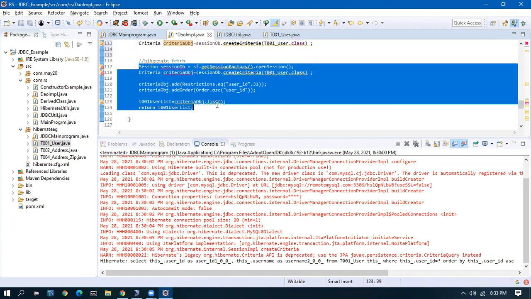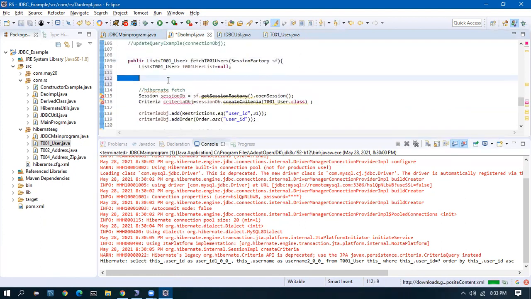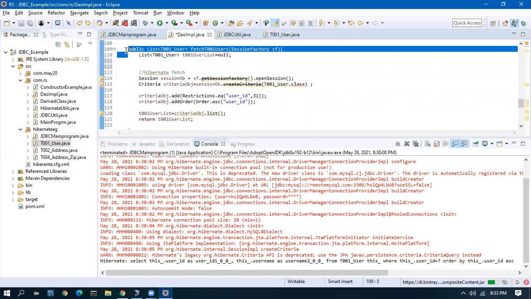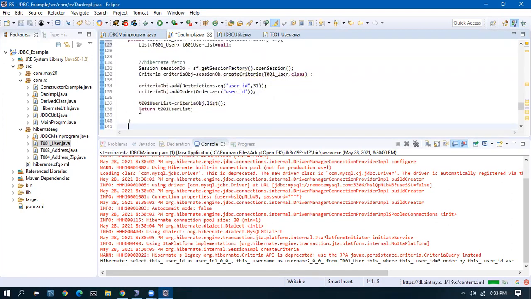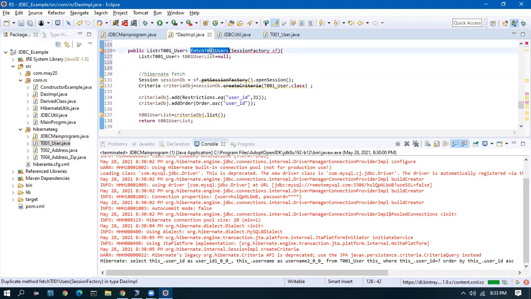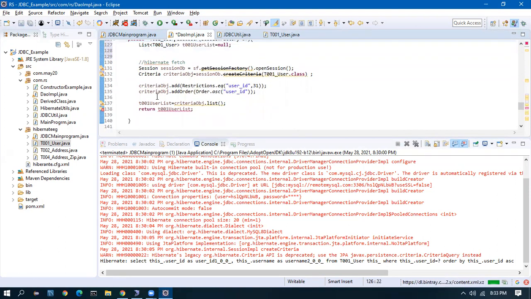Criteria. Oh no, I have to write a separate method. One second, I'll copy. Load user. I'll have a method. It's not going to return a list. Instead, it will be returning only one object.